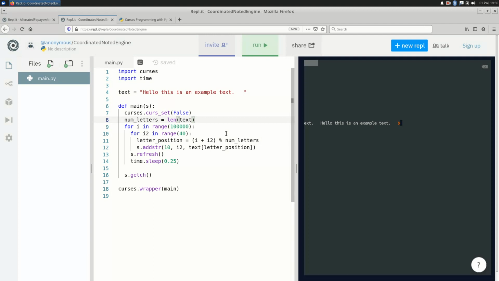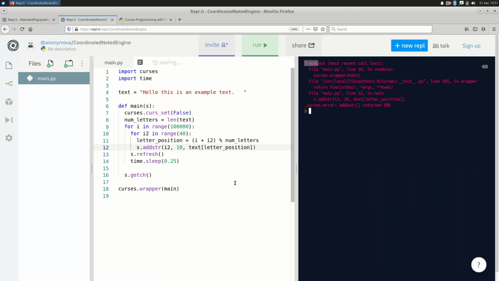Okay, so guys, let's look at the answer. Now the thing to notice here is that this is where I put the letters onto the screen. And if you remember, I said that this is the y coordinate on the screen, and this i2 is the x coordinate. Now i2 is changing, so that means the x coordinate is increasing with each letter. So let's try swapping them around. Let's make the y coordinate increase with each letter, and I'm going to fix the x coordinate at the same position. Now if I click run,